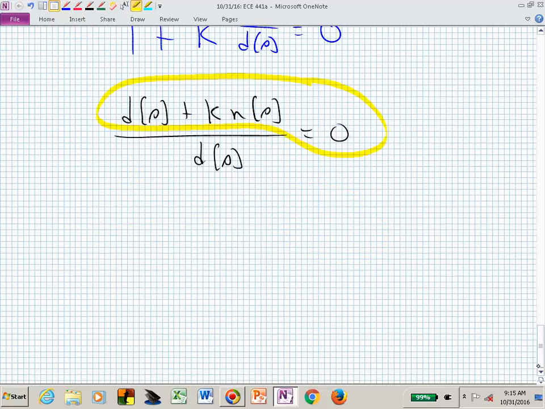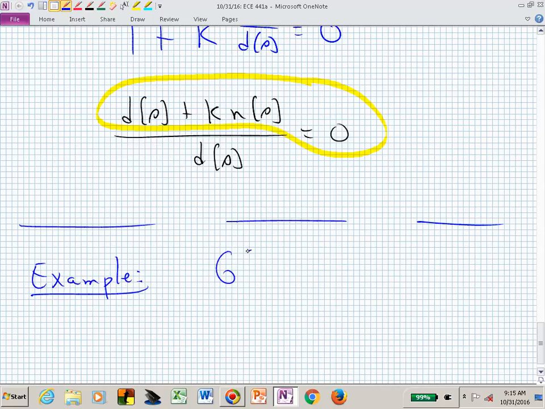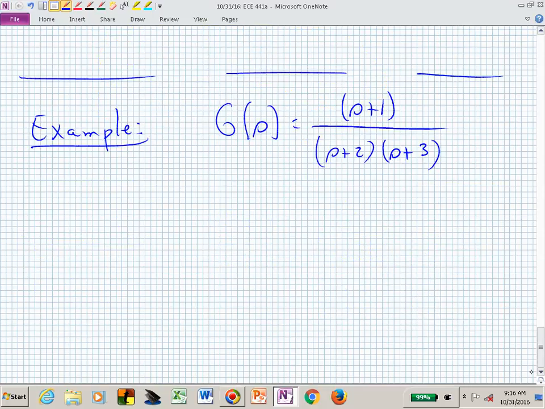Let's look at an example so that you now see how trivial this particular rule actually is. Suppose that somebody says we have a G of s containing a finite zero factor of s plus 1 and two pole factors, s plus 2 and s plus 3. And suppose they also say that we have an H of s. There's the H of s that was being asked about. Let's say that that's s plus 7 for the zero factor and s plus 5 for the pole factor in